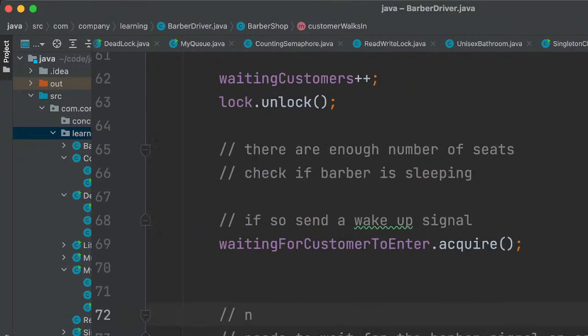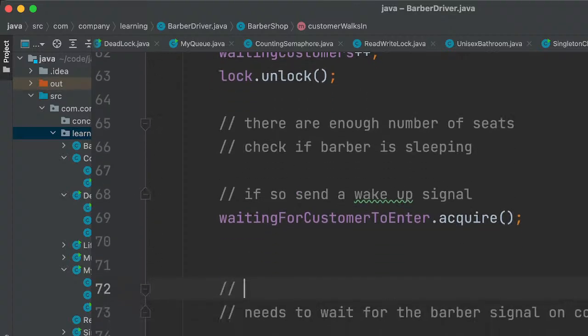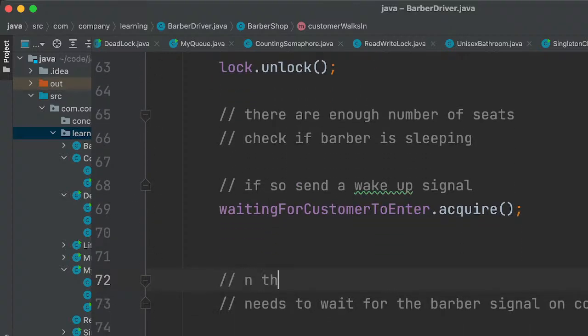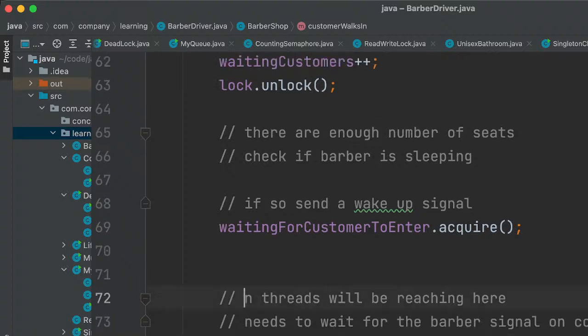Okay, seats, let's say n threads will be reaching here, and they need to wait until barber signals on completing their haircut.